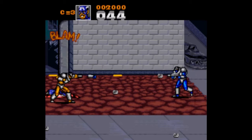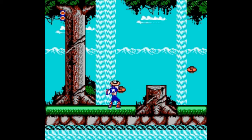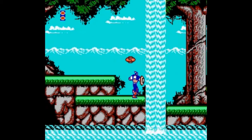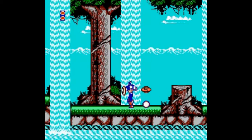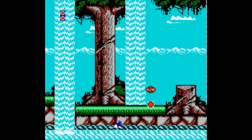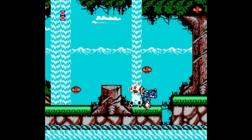So yeah, now it's time to tackle the whole other beast, which is the NES version. This one is completely different. It is a platformer instead of a beat 'em up, and it feels good. Like throwing Cap's shield feels really smooth and really good. Jumping feels amazing, and it really feels amazing that it's even on the NES. It plays fantastically, but